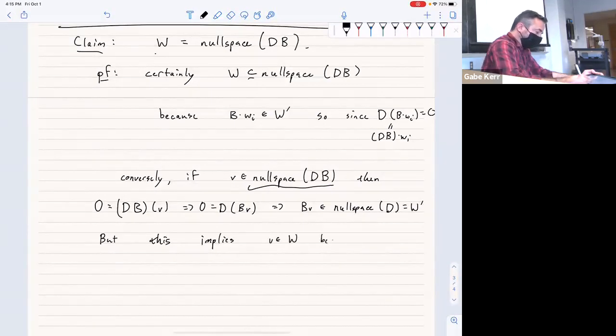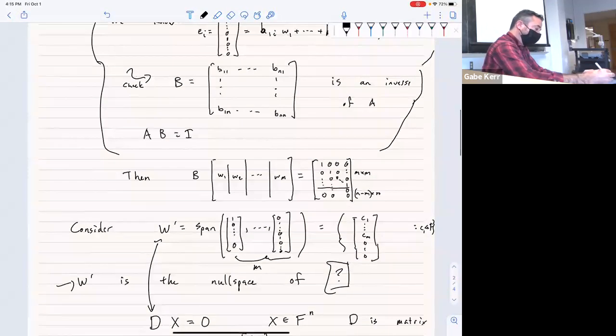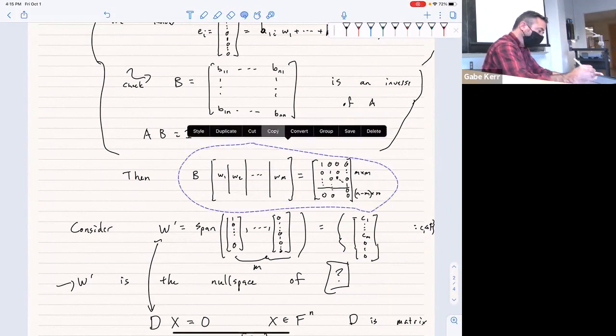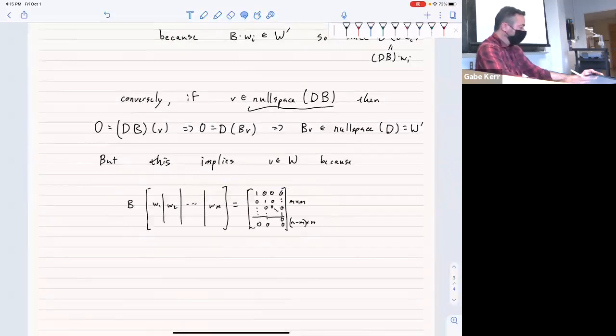Because of this. It's how we define V, the inverse of this matrix. In other words,